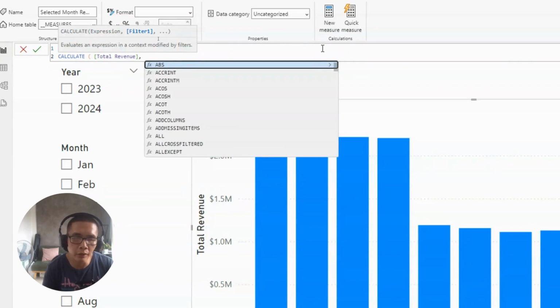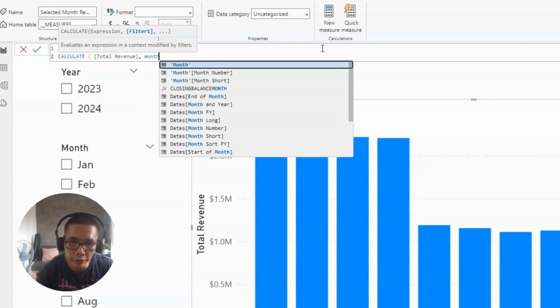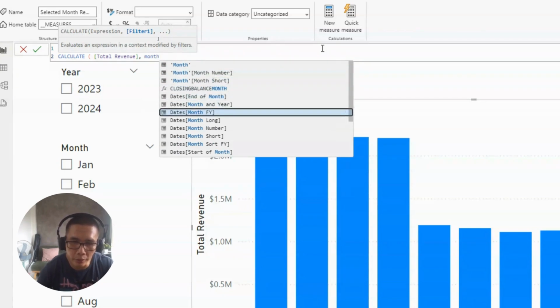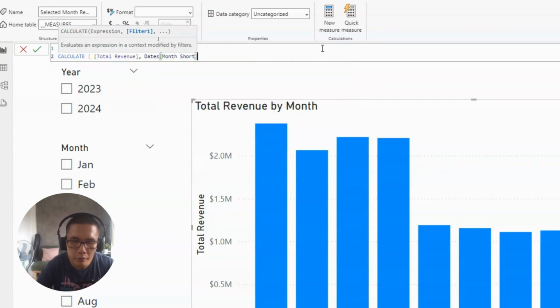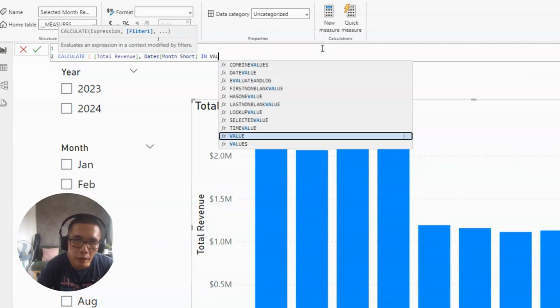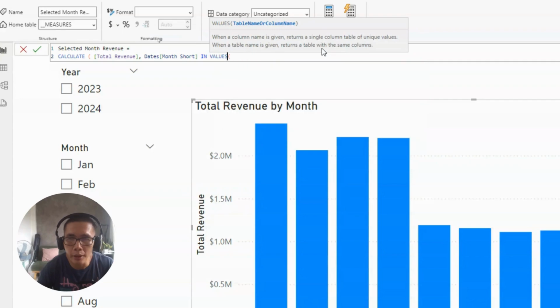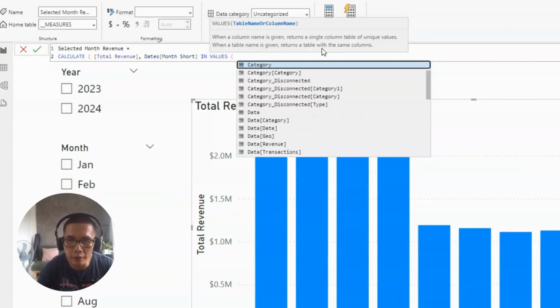And we need to filter the month that is in our Dates table, which is Month Short, by the column in